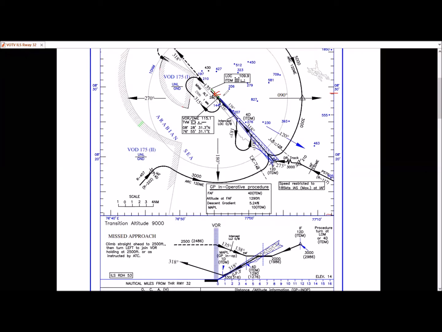As we have seen in the Google map, after takeoff, we will be turning to a heading of 200. You can see here, this is the Arabian Sea. At around 4 nautical miles, we'll turn to a heading of 140 and come parallel and opposite. And from here, we will take a heading of 010 and intercept this center line.